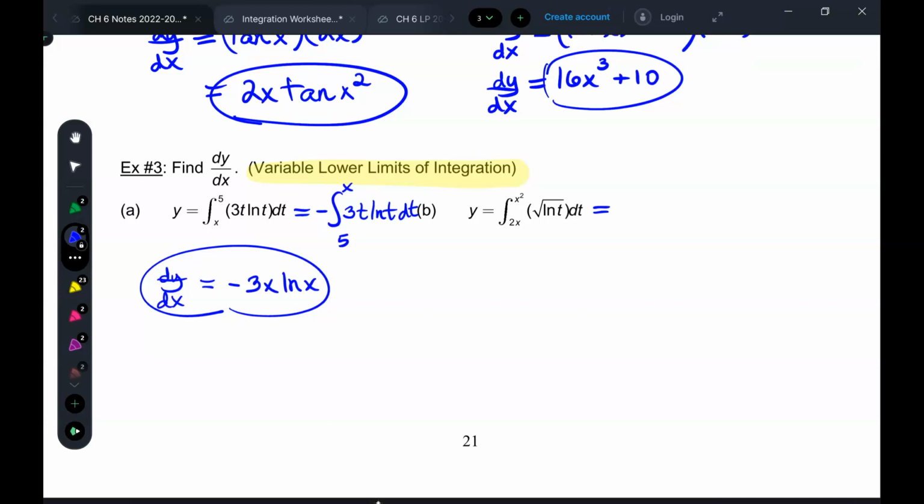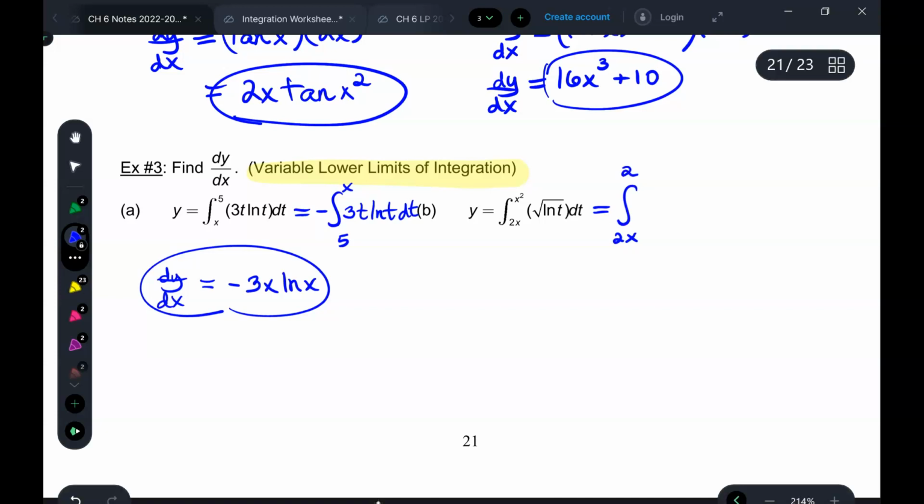Okay, last one of these. Now the problem is I have an x in both the lower and the upper limits of integration. Any ideas? Do you remember the additivity property, where if you have two integrals that are right next to each other, you can make it equal to the whole thing? So what I'm going to do is pick any constant,